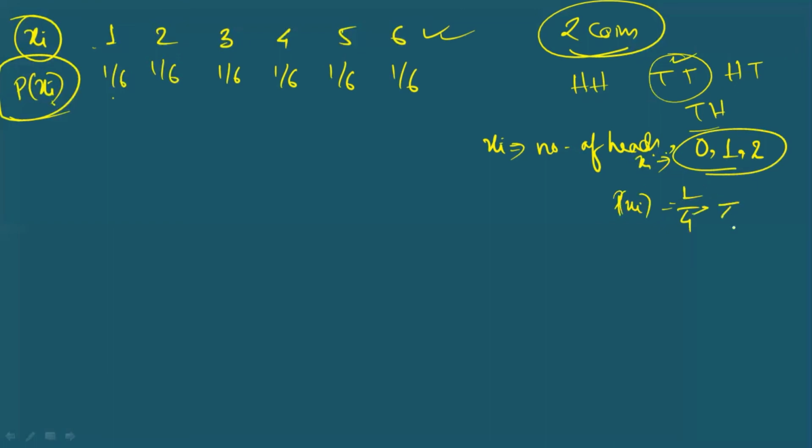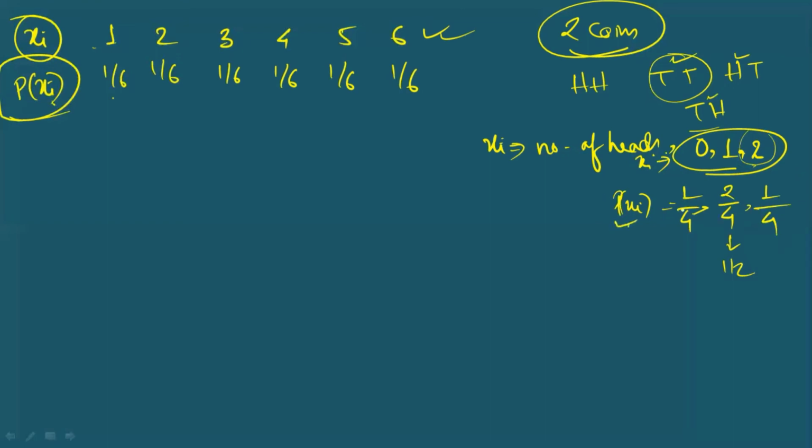So if you see total is 4, how many outcomes are having only 1 head? These 2 outcomes are having 1 head. So it is 2 by 4, so ultimately it's 1 by 2. Clear? Last is 2 heads. So one outcome is having 2 heads. So favorable is 1, and total is 4. Clear?